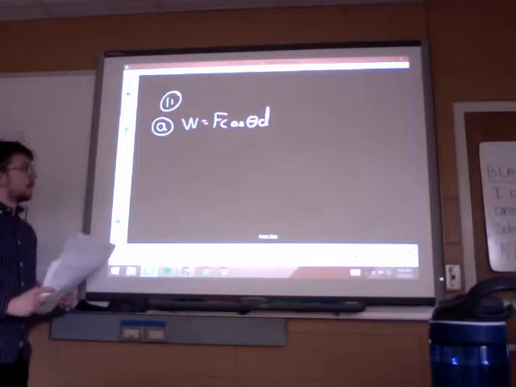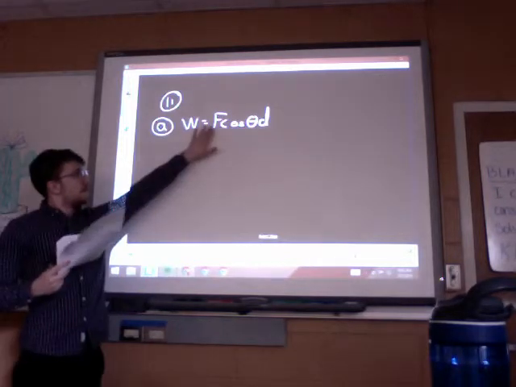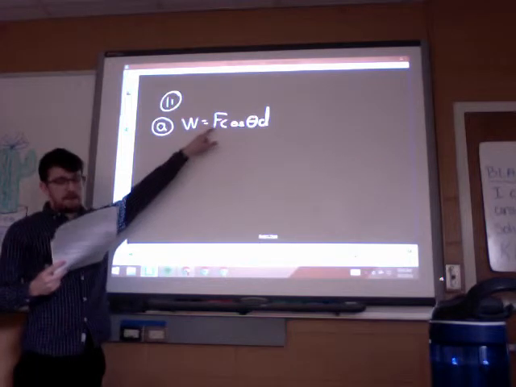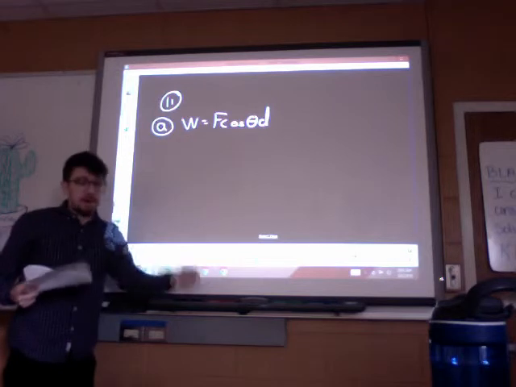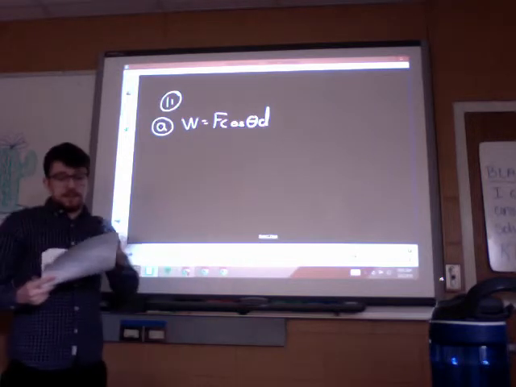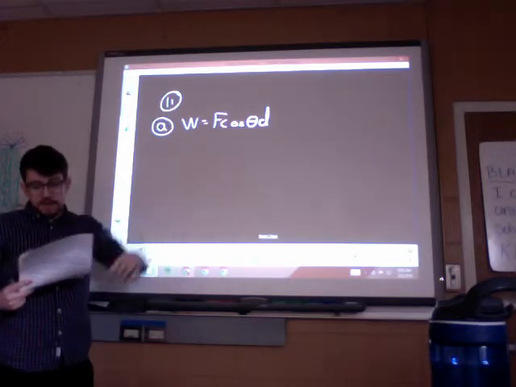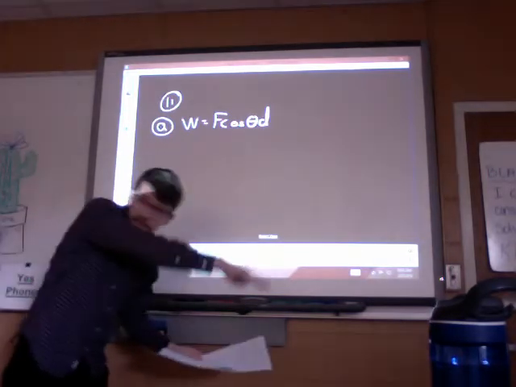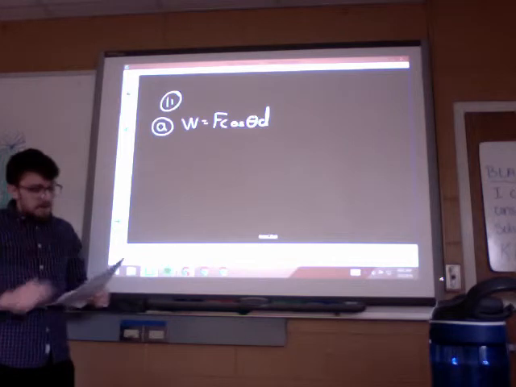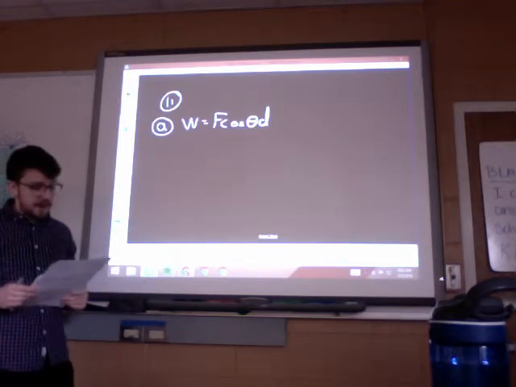Force. Now, there are a lot of forces in this problem. We've got the person pulling, that's the applied force. We have gravity pulling down on the dog. We have the dog pushing itself forward. Probably a little friction from the dog sliding, but